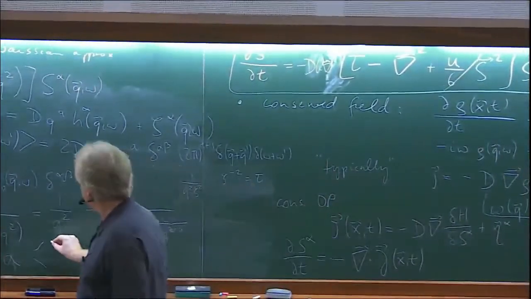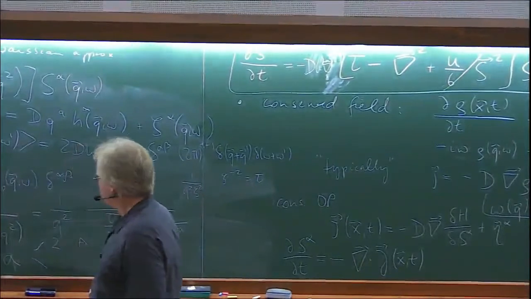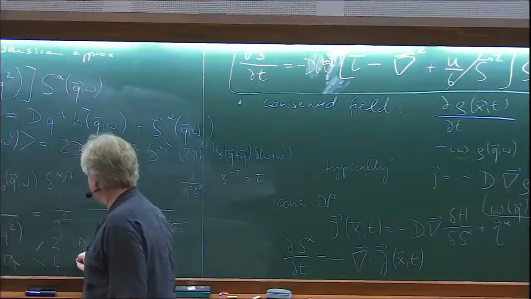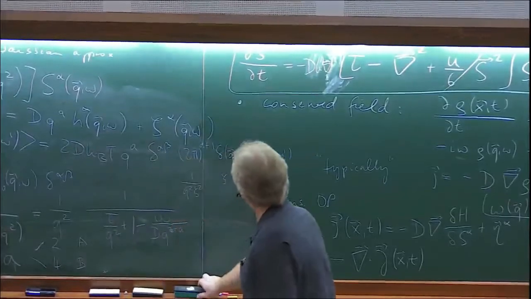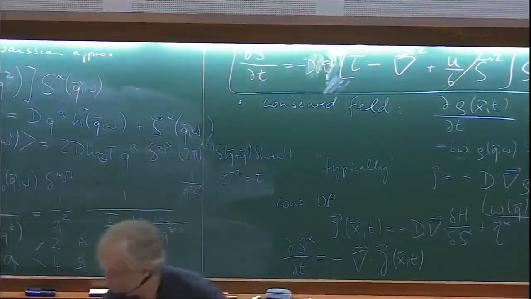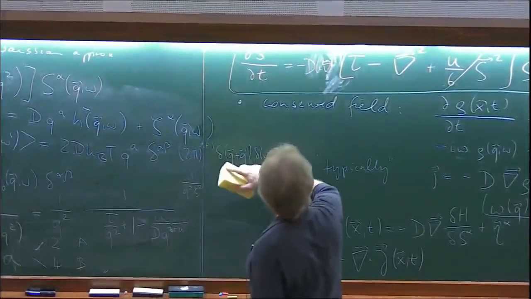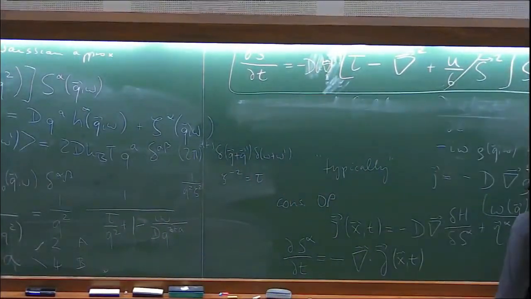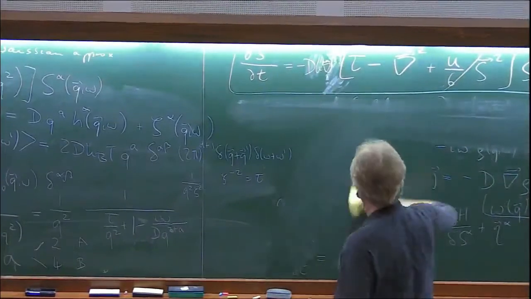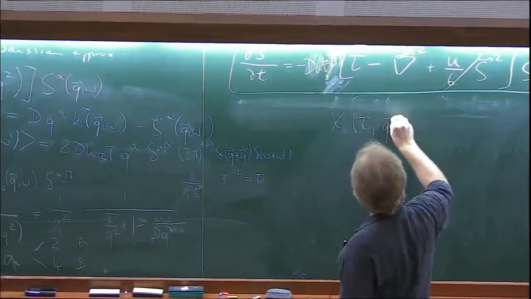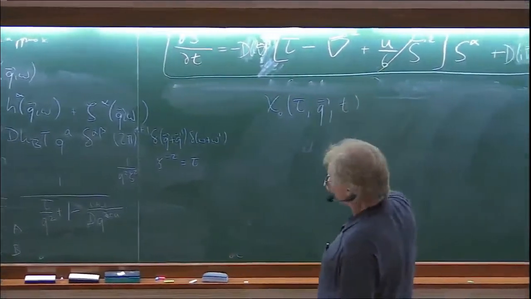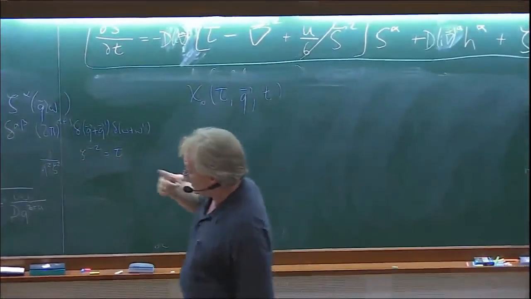Okay, so we find for model A, the dynamic exponent is 2. And for model B, it looks like 4. What does that actually mean? If you want to know what that means, let's Fourier transform back into time. So I'm keeping q because the Fourier transform in q is a little more involved, but let's look at the time behavior. So how does this thing look, right?